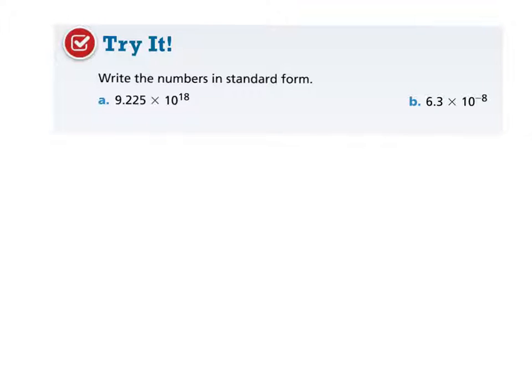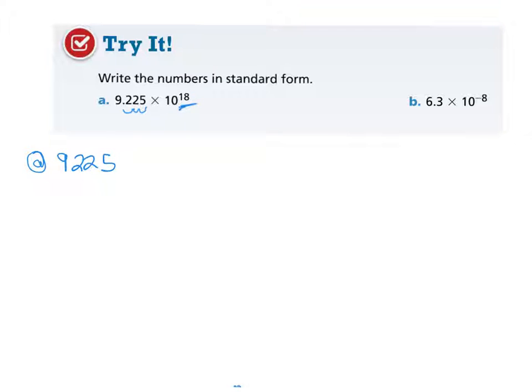Okay, last slide here. Let's just try 2 quick examples. To write this first number in standard form, what I'm going to do is multiply this times this. Now, if I look carefully, I see that I'm going to be moving the decimal place 18 times. I also realize that the first 3 places are what I'm going to do just to get the decimal past those other digits. And then that means after the first 3, I've still got 15 exponents left, or 15 decimal places that I'm going to move. So I'm going to write the number